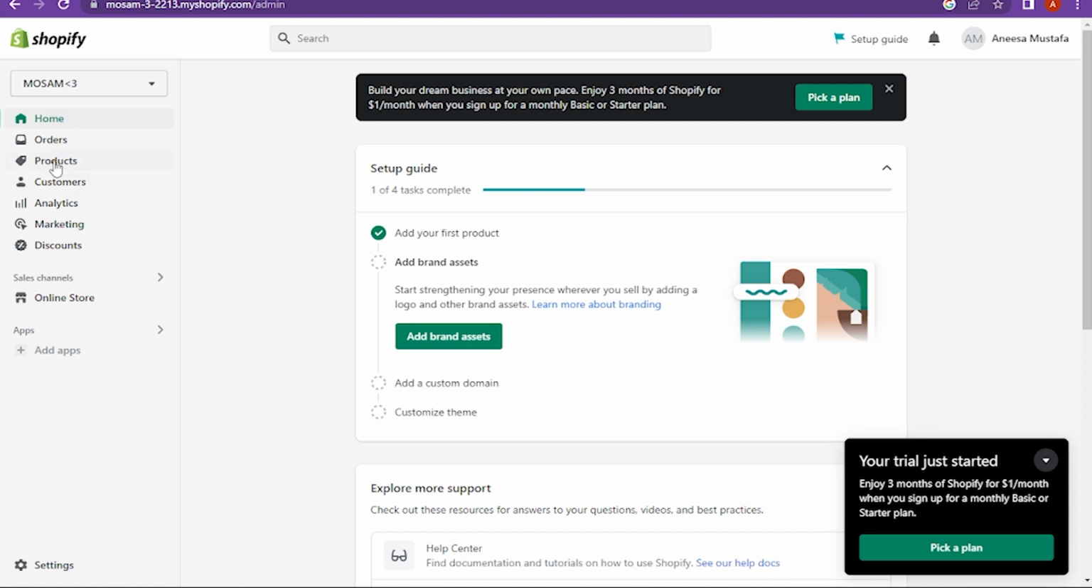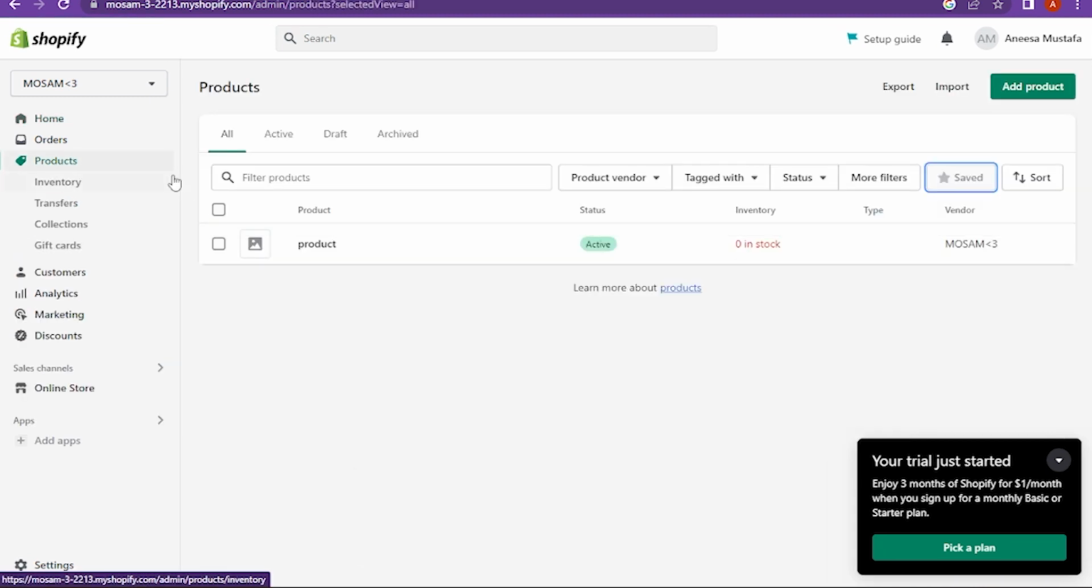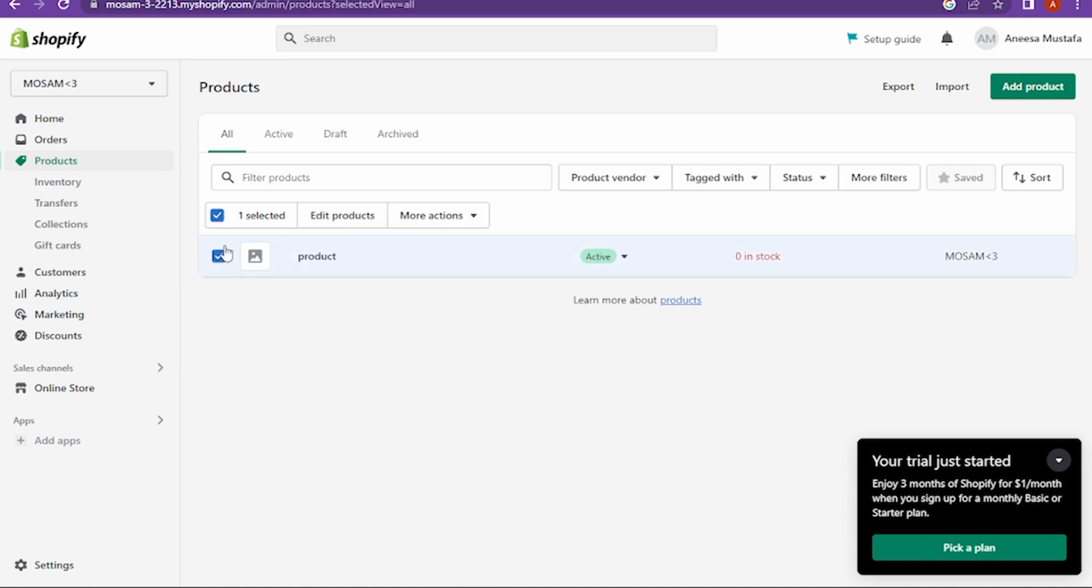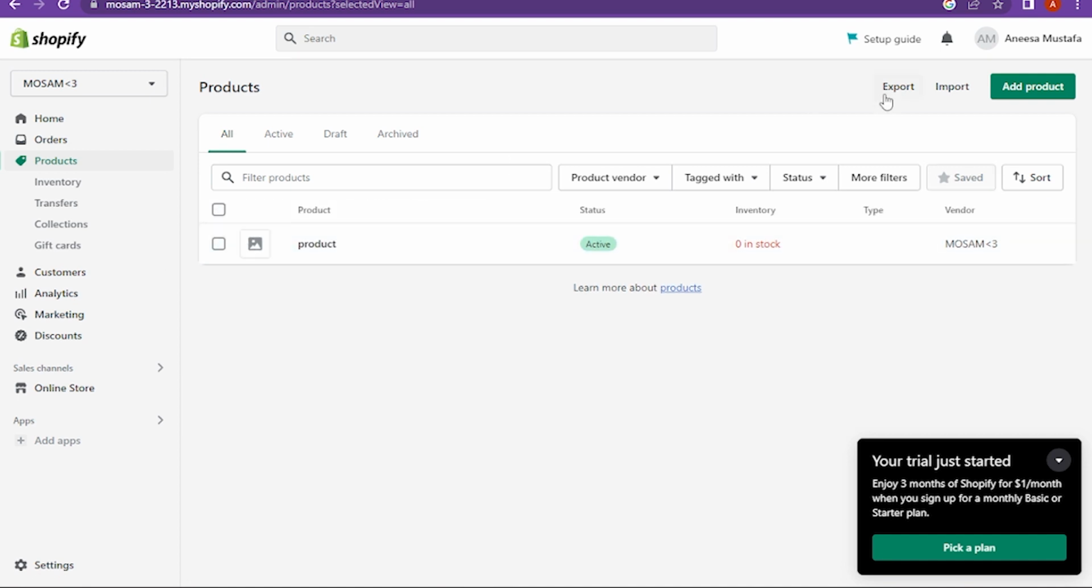Once you're in, you have to go on the product, and here you have to add the product. You have to select the product, or you can also add the product. You have to go on the products,